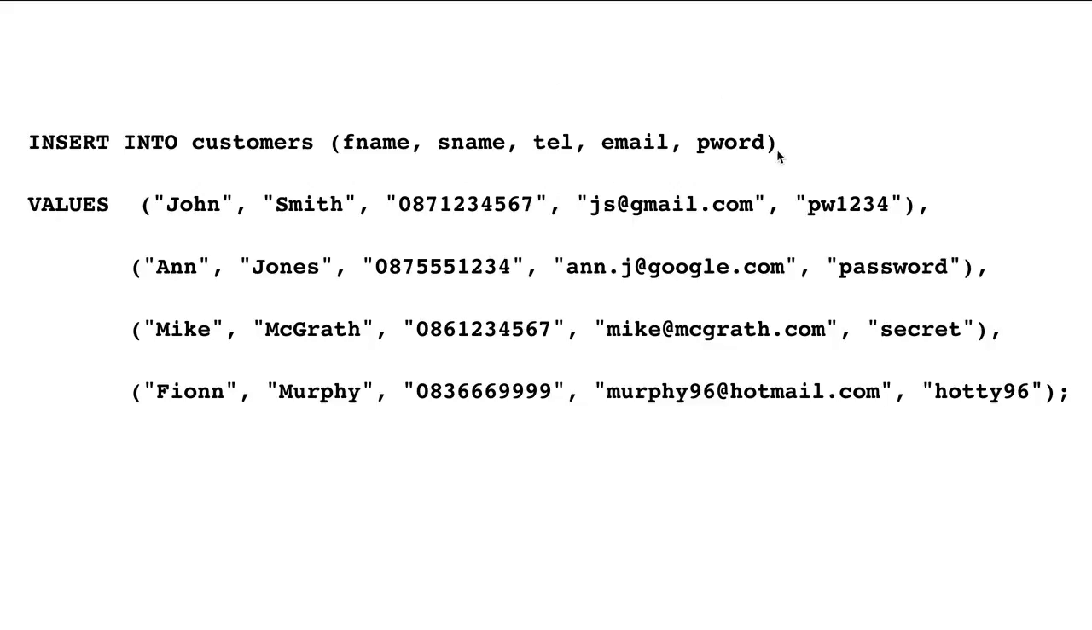We could insert fewer things, although obviously we would only be successful if we inserted entries that met the minimum requirements. So for example, we could insert something with fname, sname, email and password and leave out the telephone number, and that would be acceptable. If we did less than that though, it would actually be rejected. So let's insert that code into the